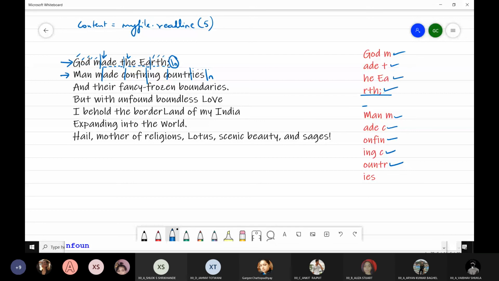But how many characters are there? Only 4 characters, but we had given 5 characters. Why? Because this is a readline function, and readline function either reads the entire line if no argument is given, or if any number is given as an argument, it reads only that many characters till the new line character on that line is encountered.